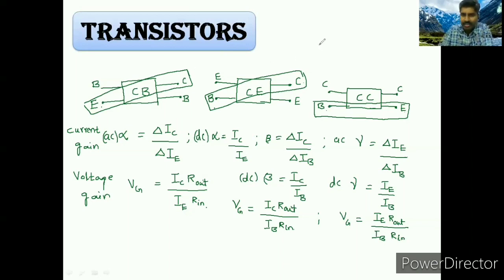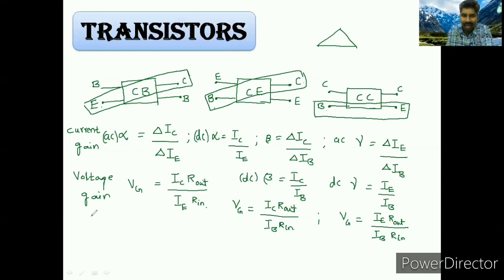So these two are two sides of the triangle, and this is the base. That's why I am calling it the triangle method. Based on these formulas, you remember this basic triangular method. In this base, CB means C is CB you can write. You can take the corners only, first two, next the base. From that we can get alpha, beta, gamma, means current gains, and voltage gains from this.